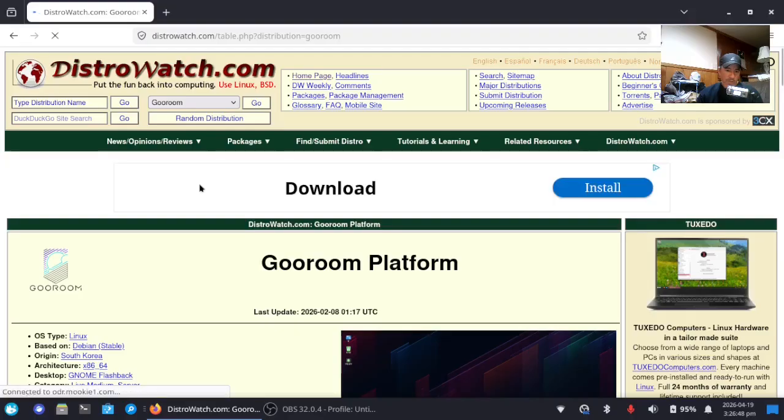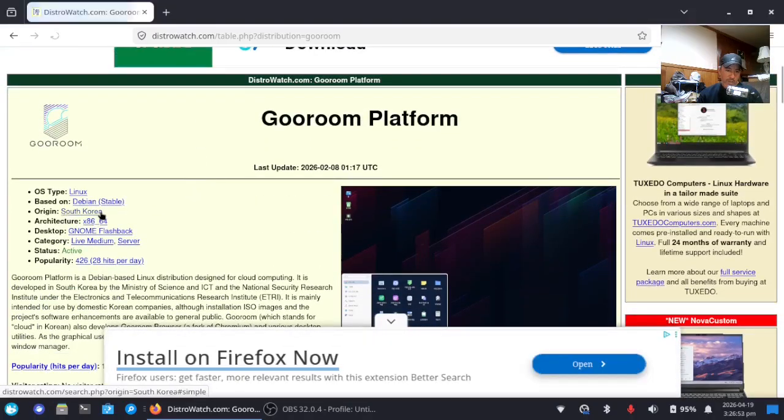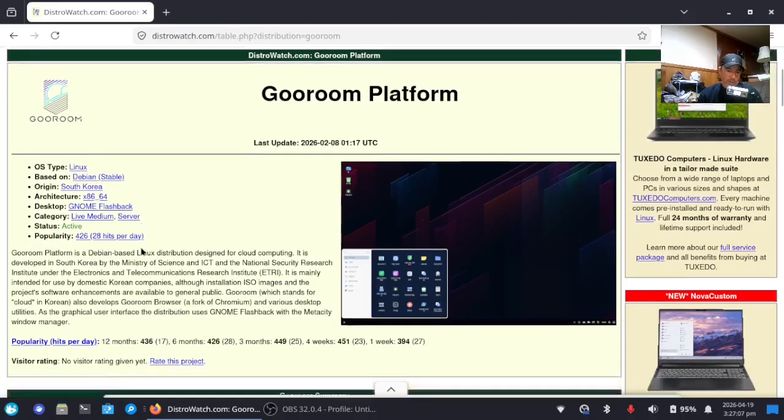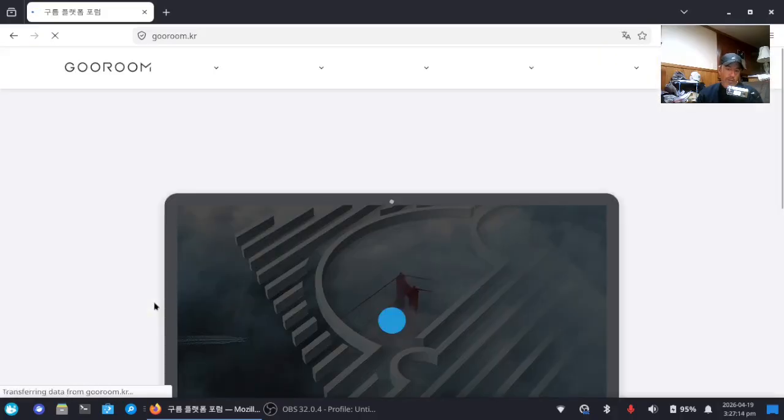Groom platform. Okay, so here's one. This is a Linux distribution. It says its origin is South Korea, based on Debian, uses the GNOME desktop. Anyway, what I would normally do is look it over, see if this is something I'm interested in trying, and then typically I would go to the homepage and find a link for where